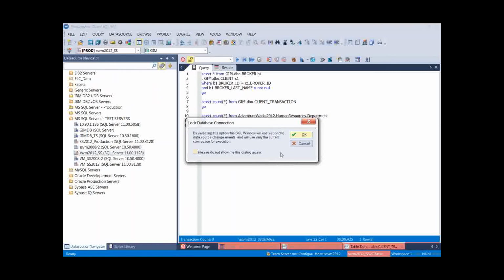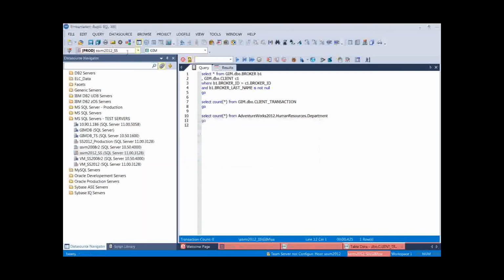So again, as I lock the query window, you'll see that by selecting the option, it will not respond to data source change events. So no matter what you do, you're always going to be locked. In my case, I'm going to be locked to this specific data source. So that's the lock connection. So between the lock connection and data source categories, just putting a color category on it, and we've made